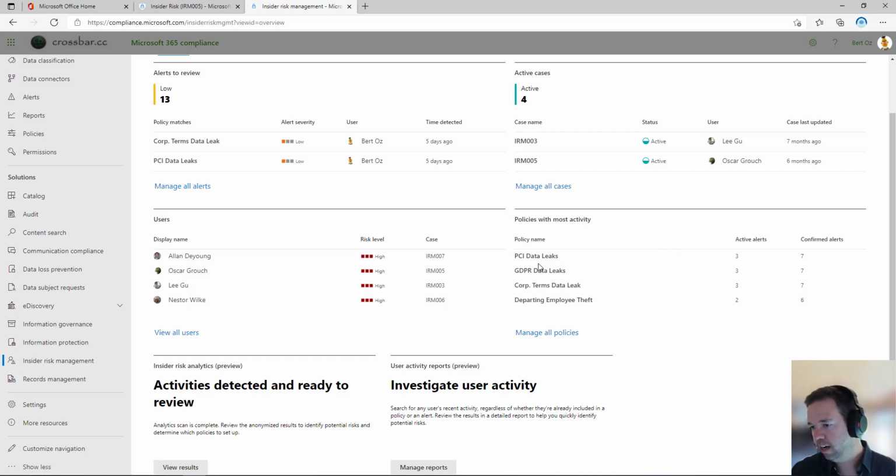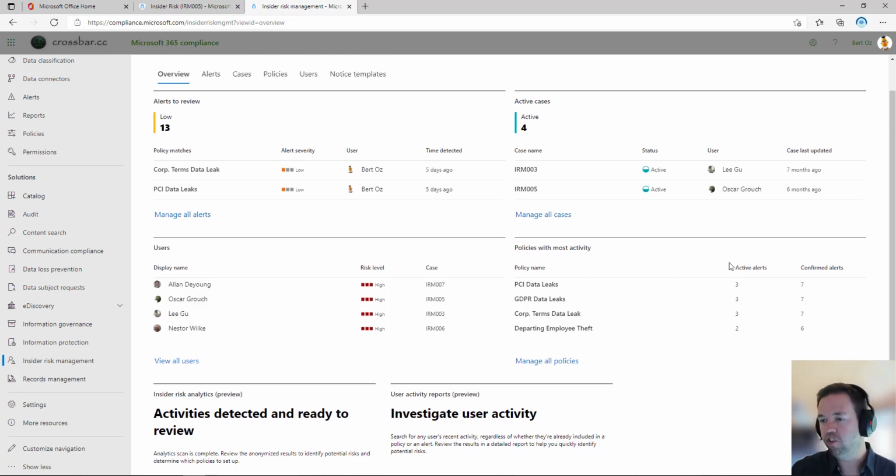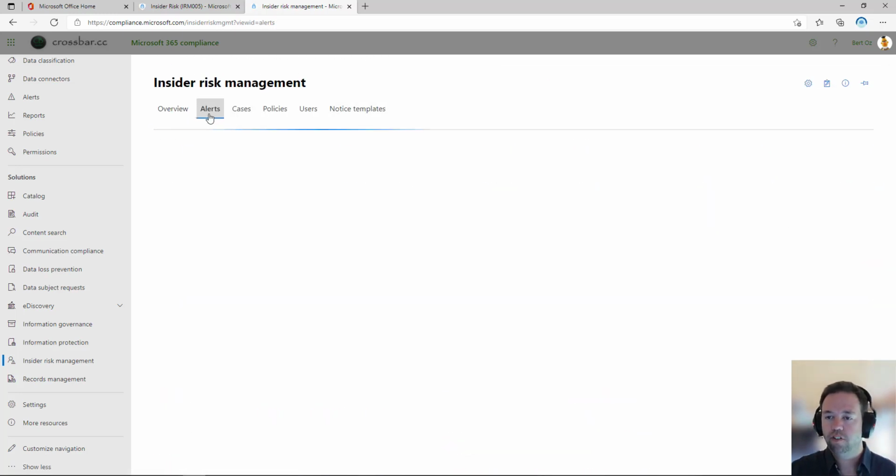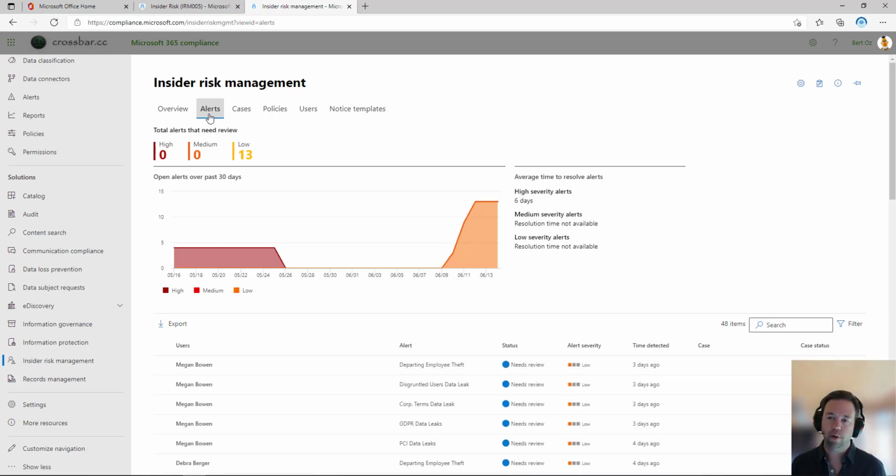So you can see the top one, which is PCI data leaks. We've got 3 active alerts, and we've acknowledged about 7 of those. So the way this works is when we go in and create a policy, when different activities trigger an alert, this is where I can go in and again see this high-level view about the activity over the last 30 days. I can see over the last 6 days, we've had some really severe alerts that I may need to